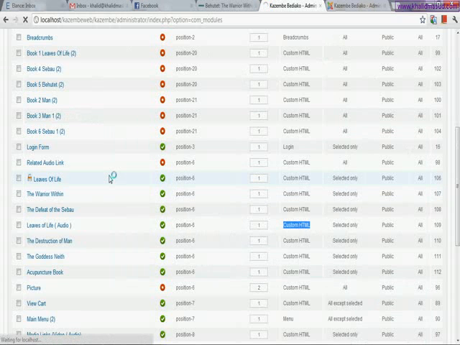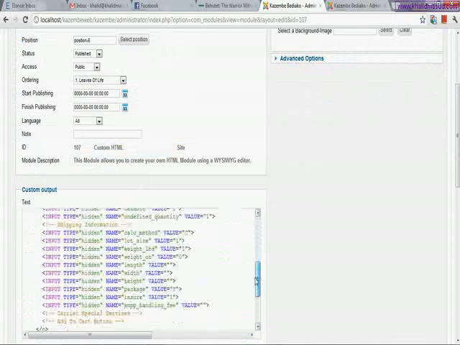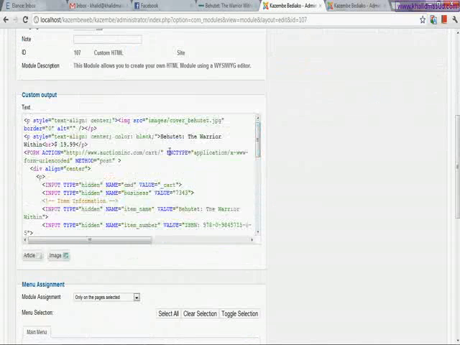When I open this, you can see there is a lot of special code written in our text editor. Only the black words are the text, everything else is special code. Most of this code is provided to us by auctioning.com.